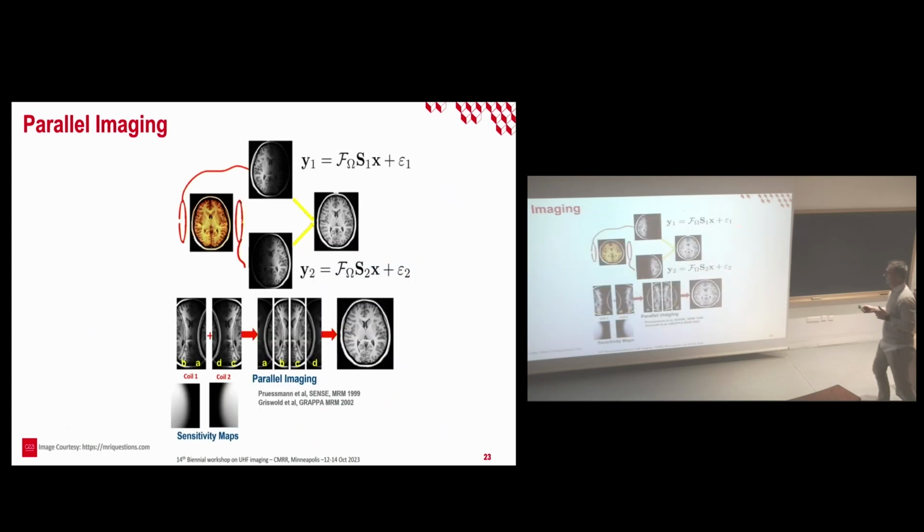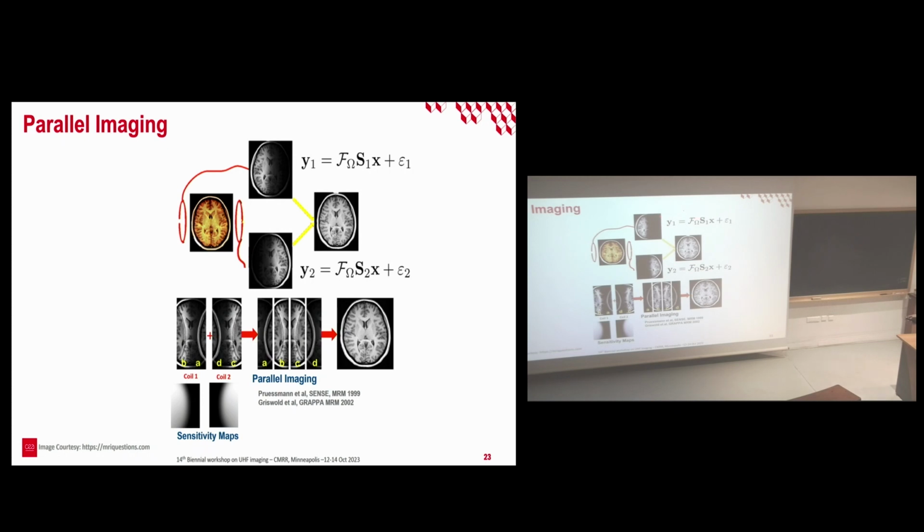Another solution that has been developed for 20 years, even more, is what we call parallel imaging. Basically, in the previous formulation, we ended up with less data than the number of unknowns in the image space. So to circumvent this issue, we can collect complementary data according to multiple coils that are just sensitive to a portion of the organ, here the brain, but it works for any organ of interest in the human body,